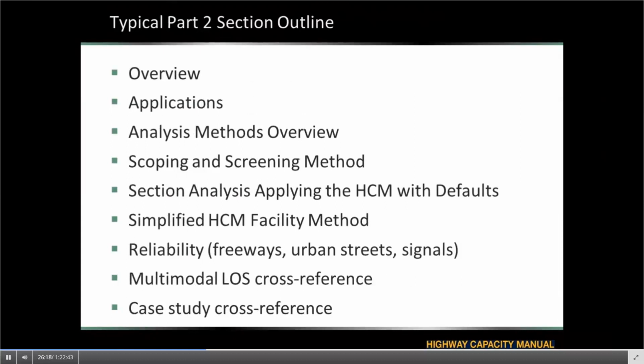Depending on the particular system element that we're covering, up to 4 different methods may be provided, each providing a different level of detail or covering a different aspect of performance. There can be a scoping and screening method. There could be a section analysis description applying the Highway Capacity Manual with defaults. All sections provide a simplified HCM facility method, and the sections on freeways, urban streets, and signals provide information on